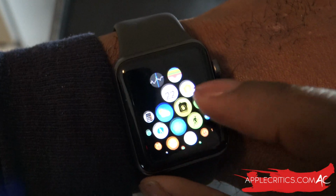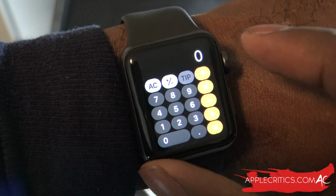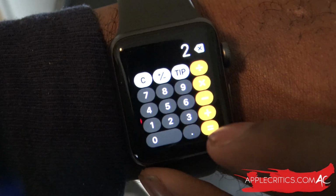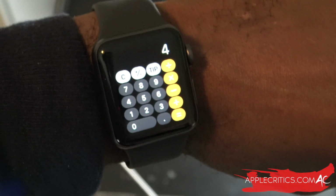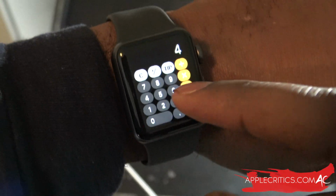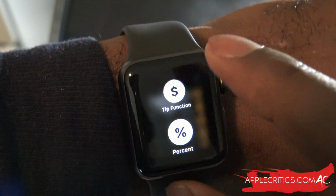Now, a new feature on watchOS 6 is that we finally get the calculator app, so we can just go to the calculator app, and now you can see I have this calculator app, so we could just use it. And then we can see that it will do 2 times 2, and then it'll be 4, so it's just that easy. But then we can actually 3D touch, and then you can see that you have the tip function, then you have the percent feature. So we can just go to the tip function,